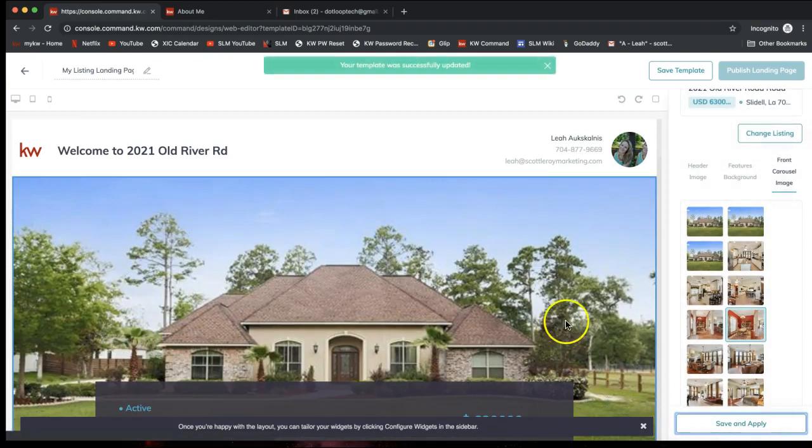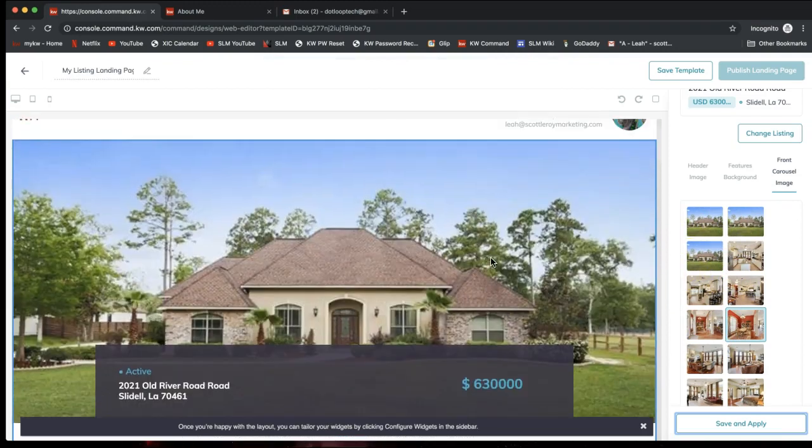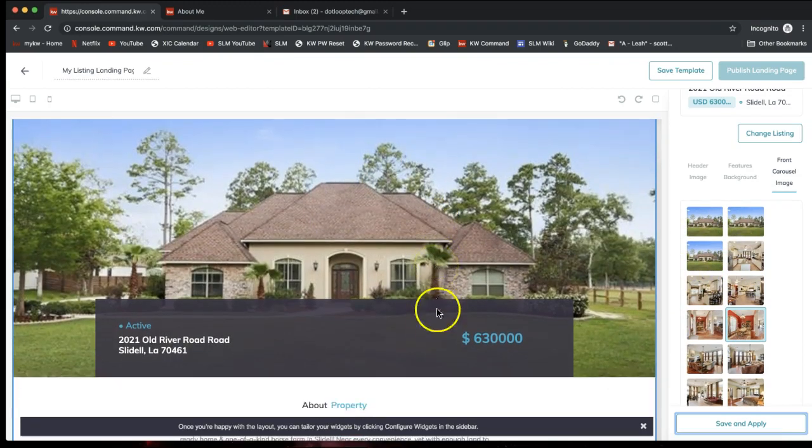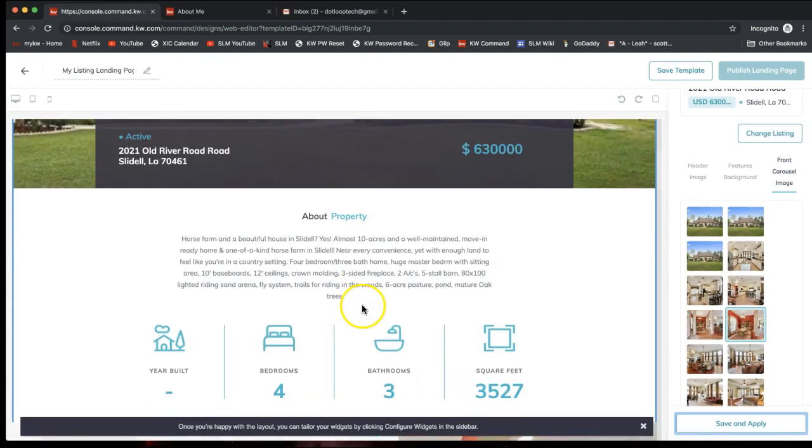All right. So now it applies it right away, so you can check that out. And you can always change it if you don't like the image that you selected. So now I have the front of the home displaying. Now we have actually all of the information about the property